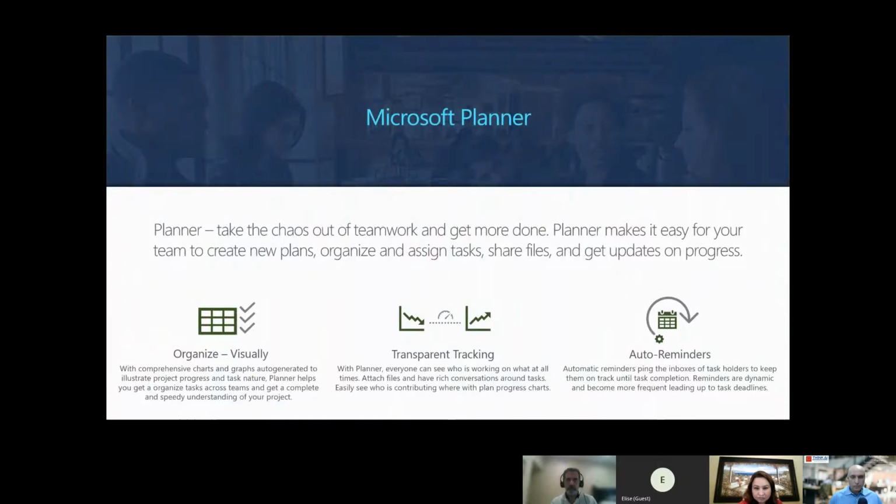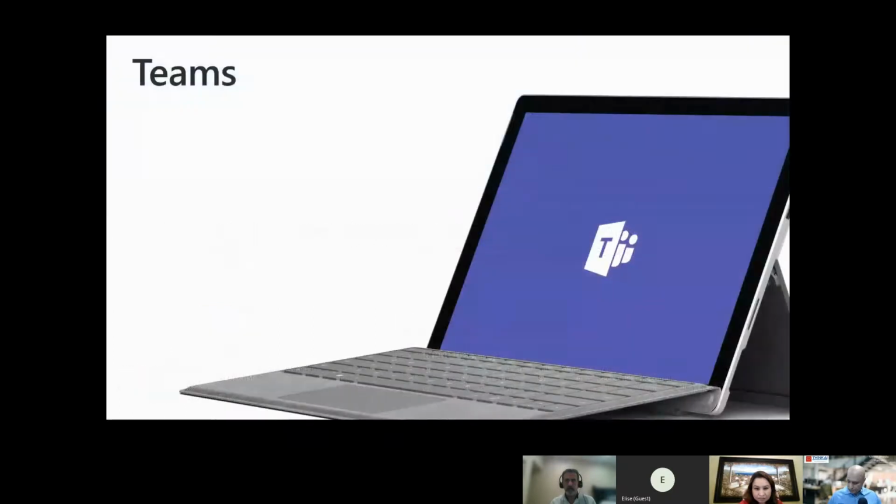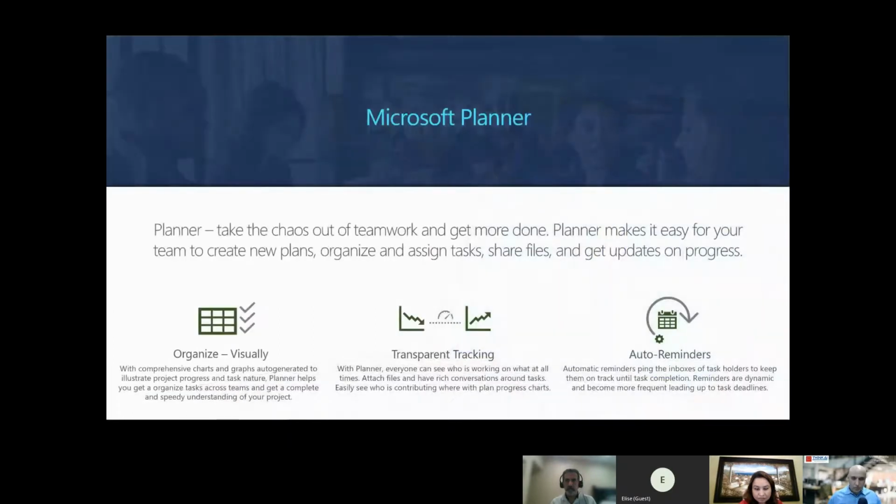The biggest value on planner is you can do visual planning on a weekly basis or monthly basis. There is tracking going on in the planner. And also it has daily reminders. It will send that, hey, you're missing these tasks and all, but that has to flow to your to-do or calendar. These are the two ways.